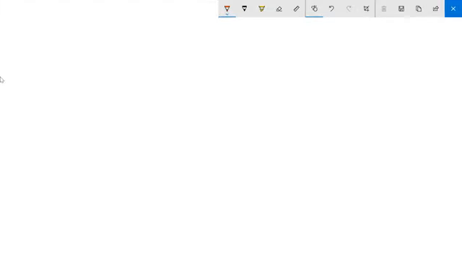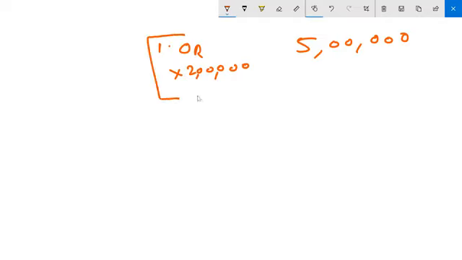Let's say we have given a credit limit of 5 lakhs to a customer, and we are creating sales order number 1 for X material, 2 lakhs. So can I create an order now for this customer who is having 5 lakhs credit limit and this order value number 1 is 2 lakhs? Will the system allow creating a sales order?